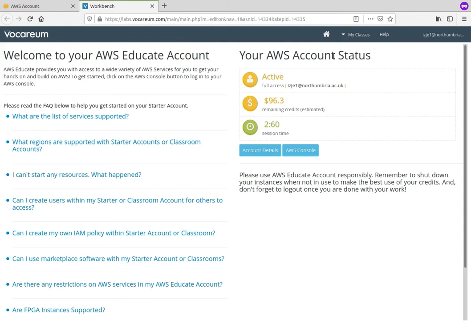You can see here our account status, and it shows you a certain number of dollars, and these dollars get used up as time goes on. You'll see there's also a session time. So one of the things you want to make sure that you do when you have finished using this account, we'll do this at the end, is to go to the home screen and log out to ensure you don't lose any credit. There are a number of frequently asked questions,